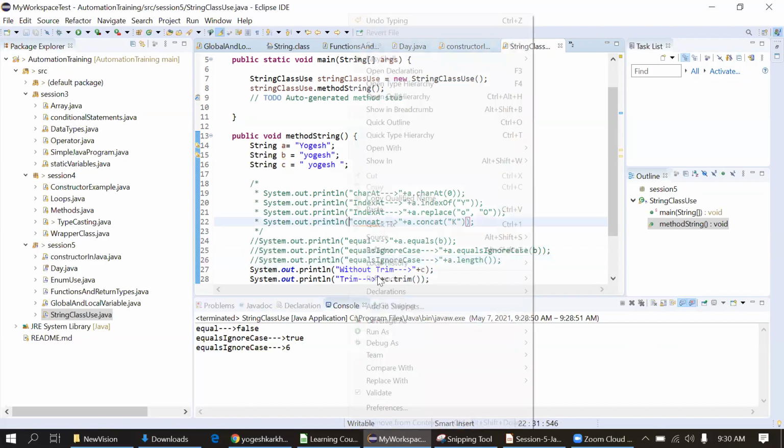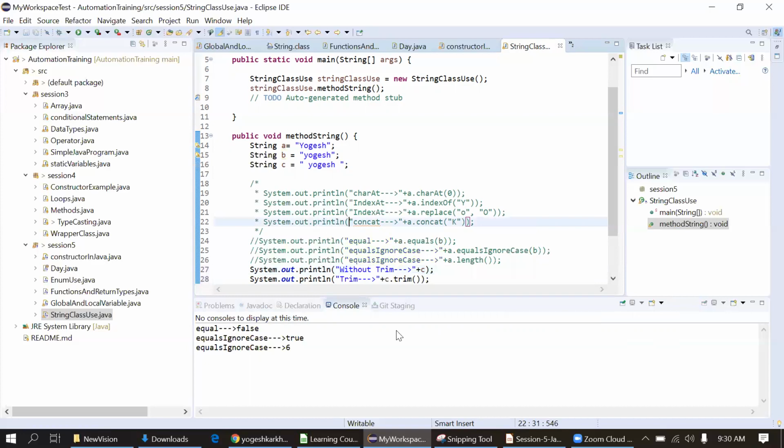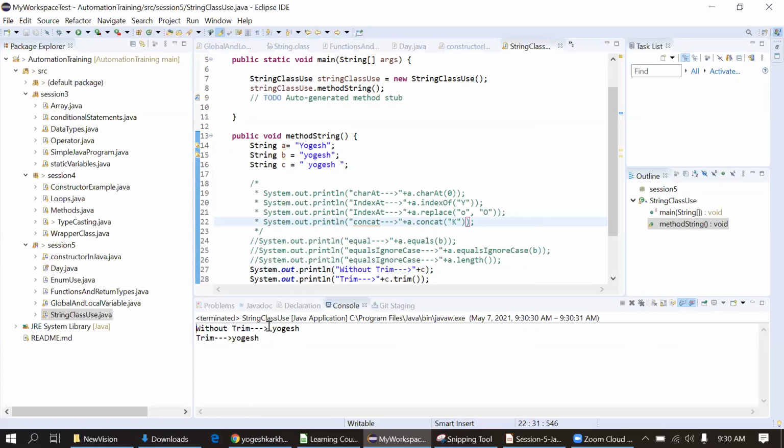I will just execute this now. Now you can see here is a space at the start of the string and at the end of the string. You can see by clicking the right arrows. And below you cannot see the spaces because they are removed by the trim.